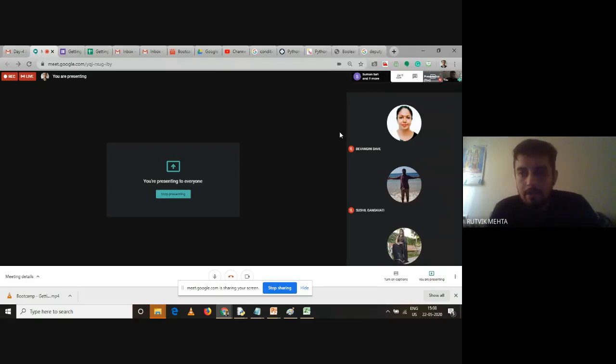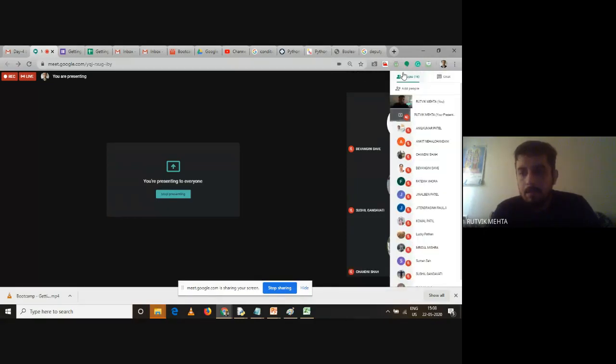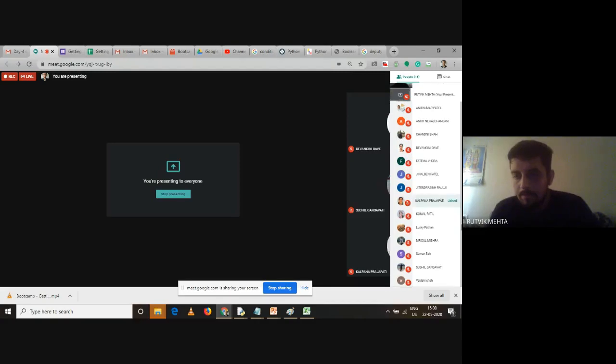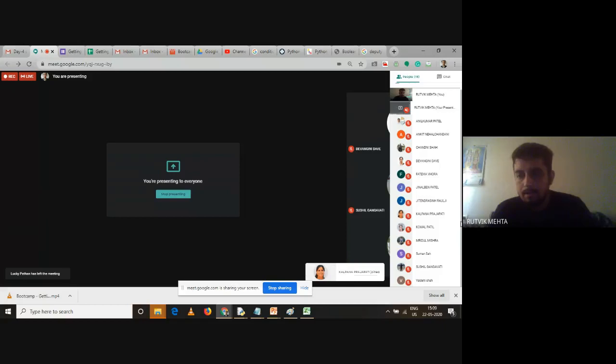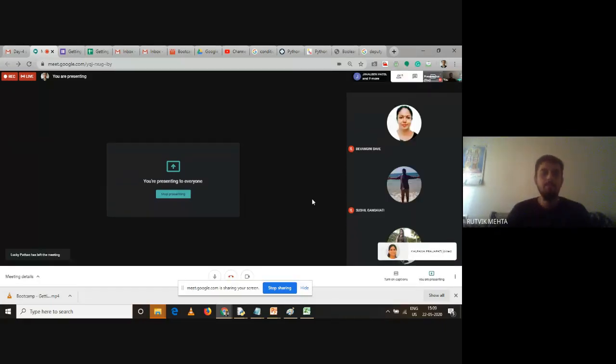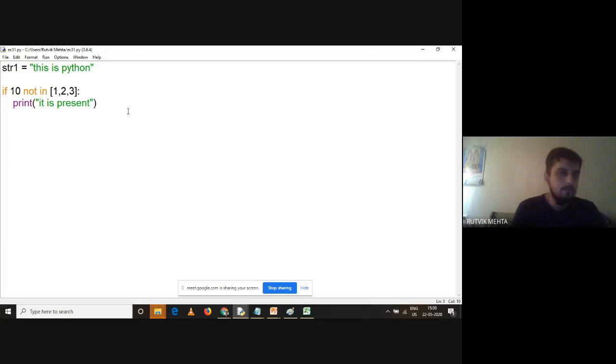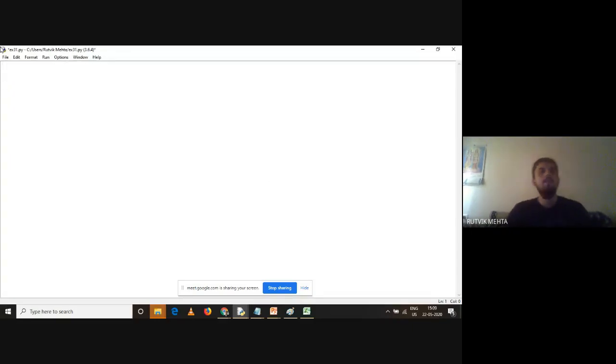So now we'll start with the looping statements, right? How loops work, and we are going to discuss loops. Any doubt with respect to conditional statement? Okay, there are no doubts. Fine. So let us move to the looping statements. So we are moving to loops, which is another part of control structure. So we have seen control structures, right?